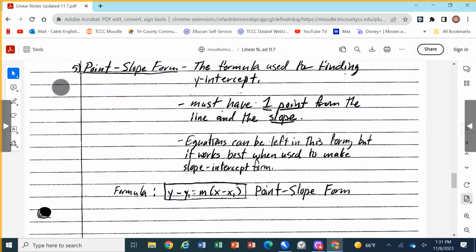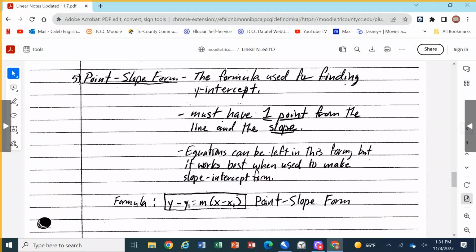Point slope form. All right. This is the big boss of our slope game that we're playing. I'm really not trying to scare you. It's just, it's a little weird. Point slope form is the formula